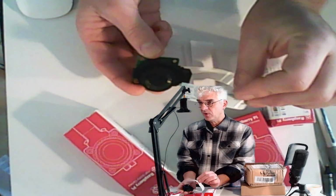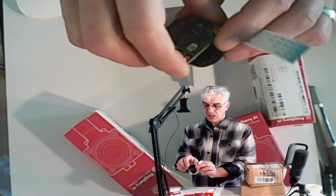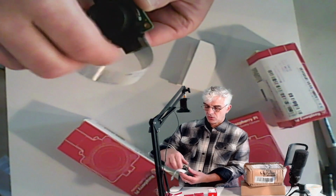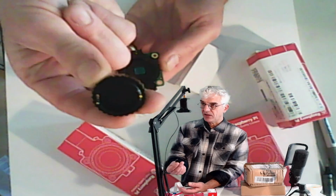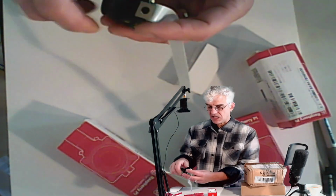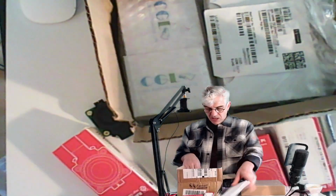Ooh, so the previous one had a ribbon cable on, like this, which is cool, and this has got a PCB with it, and then it has this complicated looking mount. And I think if I take the lens cap off, inside there is the CCD, charge coupled device sensor, which is a high quality sensor, but it has this screwy mount thing, and it's threaded for a standard tripod mount, which means that hopefully in the other boxes I have,